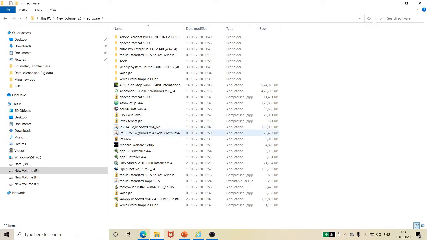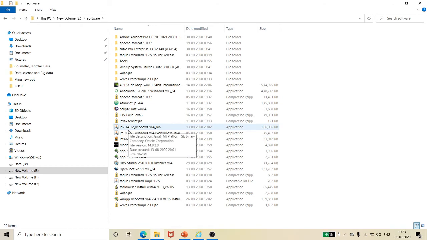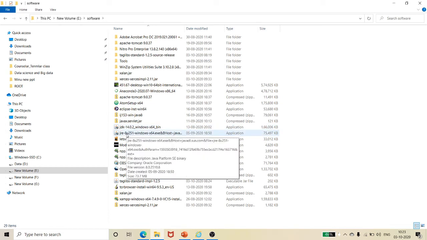Both JDK and JRE are executable files. I have saved all my software in this particular folder. This is my JDK and JRE file which I just downloaded, and by double clicking you install the file. I hope, being a computer science engineer, you know how to install a simple JDK and JRE.